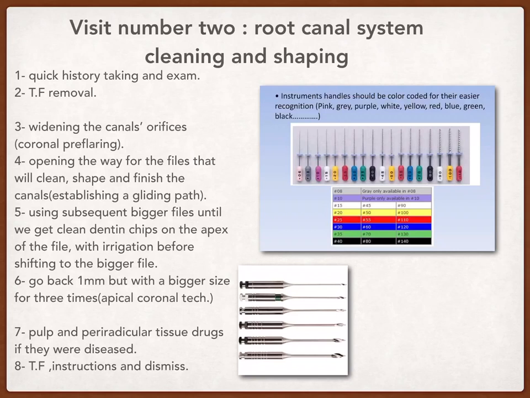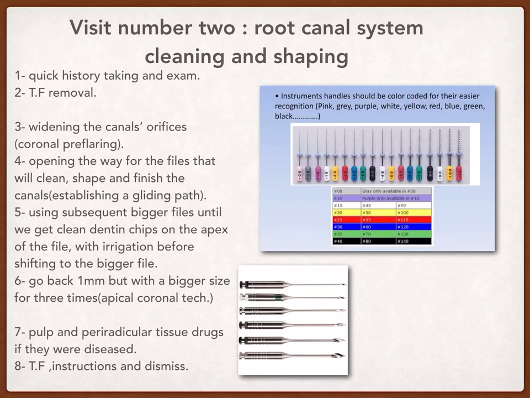The first thing is to widen the canal orifices, and that is called the coronal pre-flaring procedure. That is done by using specific burrs known as the Gates-Glidden burrs,